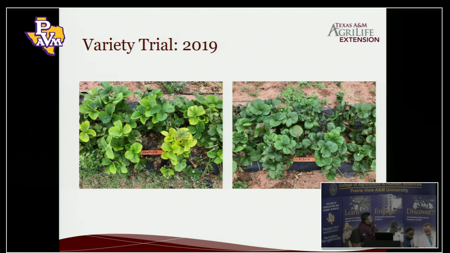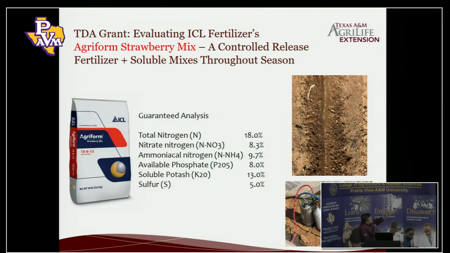But then we get to Albion. Look at that. It's still green, even after 3 weeks of not fertilizing anymore. But Chandler looks like that. So that kind of piqued my interest as to, hey, some of these varieties need more nitrogen than others. And the product that we're using, again, this is a slow release or controlled release fertilizer that we put in furrow. It's called Agriform